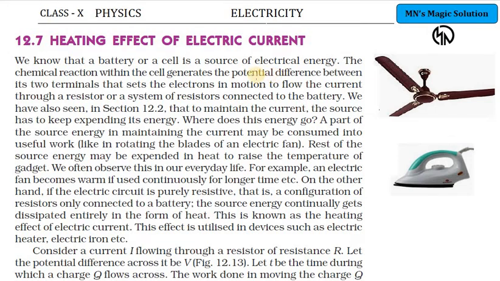Hi students, we are going to discuss the heating effect of electric current. இப்போ current pass ஆகும்போது heat produce ஆகுமான்னு கேட்டா கண்டிப்பா heat will get produced, and that heat is required in some places whereas not required in some places. For example, ஒரு iron box இருக்குன்னு வச்சுக்கோயேன், iron box பொறுத்த வரைக்கும் heat should be produced whereas ஒரு fan பொறுத்த வரைக்கும்